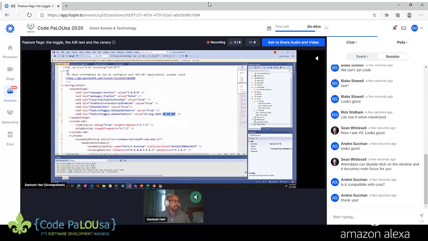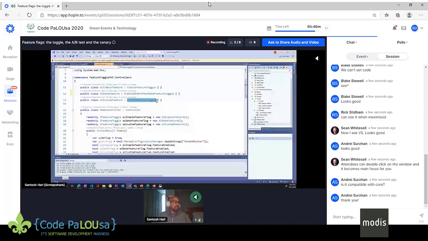So, you have the date feature. So, this is still lacking something to me. What this is lacking is that I don't want to have to go in and mess around with my config file in production, right? Like, that's not good practice. This is taking you away from having to redeploy code, but still having you mess with a config file in production. So FeatureToggle also has, you can build a custom feature,